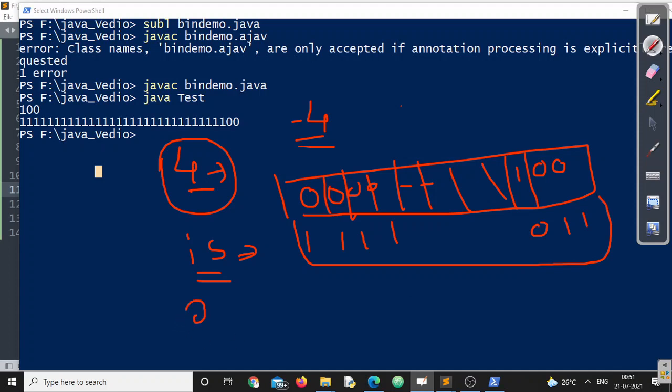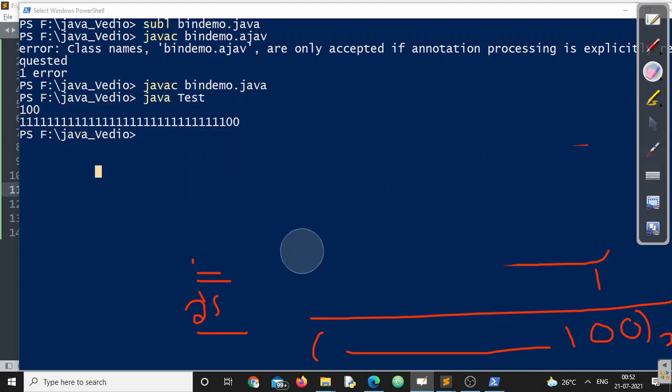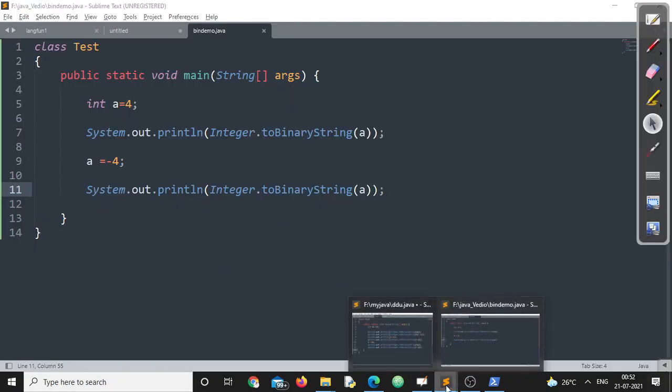And in order to find the 2's complement, we need to add 1 to the 1's complement. 1 plus 1 is 1 0. Again 1 plus 1 is 1 0. Then 1, remaining all are 1, right? This is how your -4 will be stored. Can you just look here? The discussion is completely the same as what we have just discussed: the last part will be 1 0 0, and the remaining all are 1, right? So this is how minus 4 will be stored. Keep this in mind so that it will be very easy for us to understand all the bitwise operators, right?